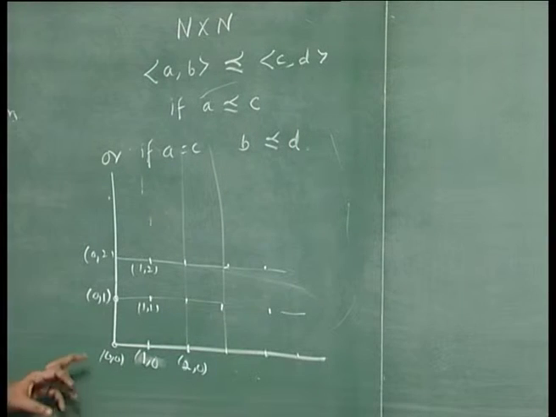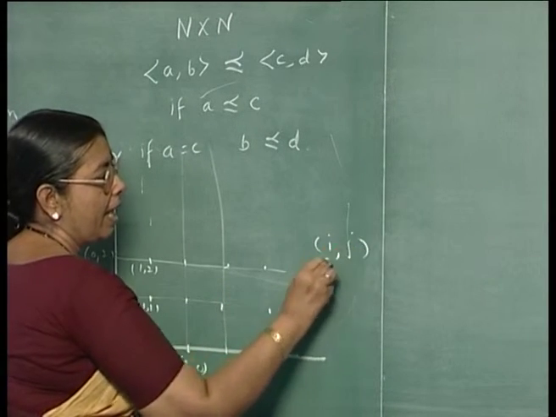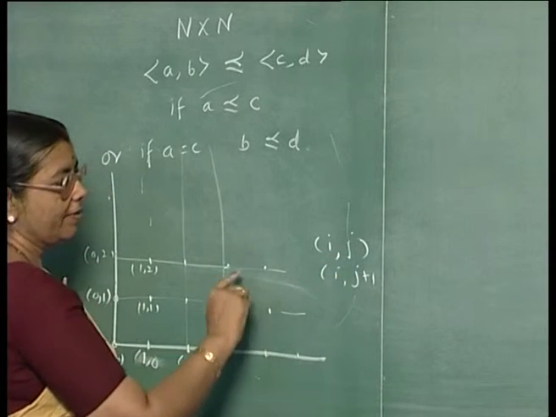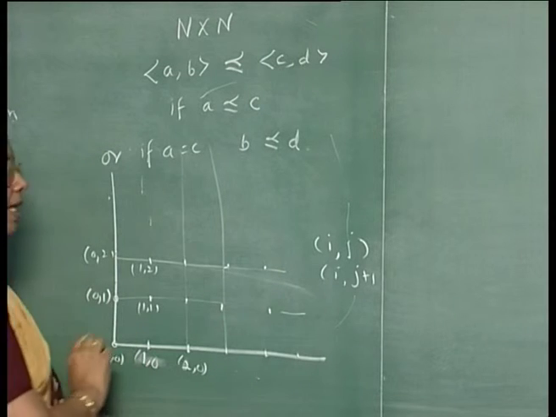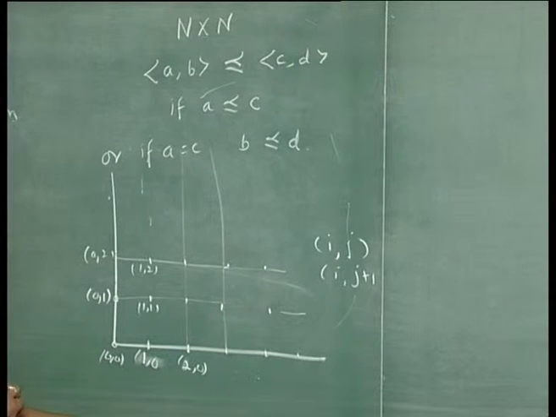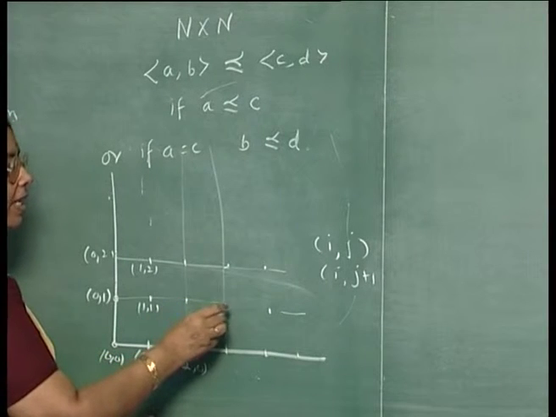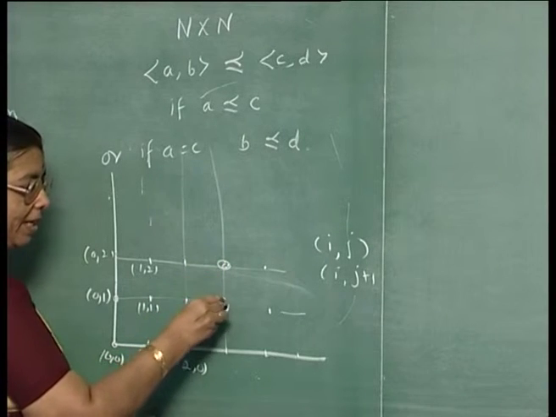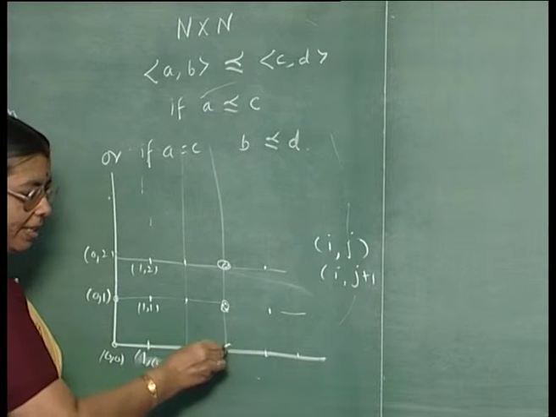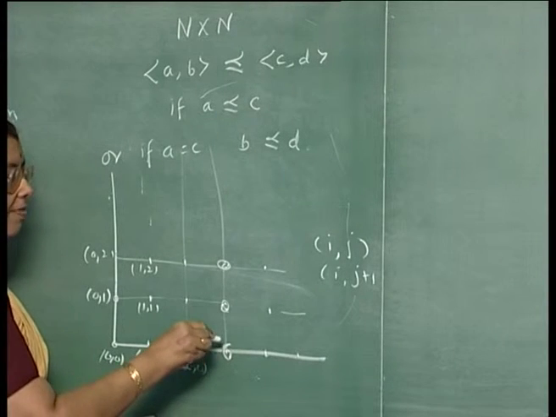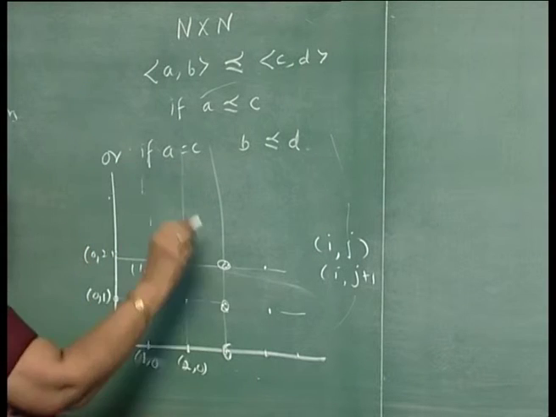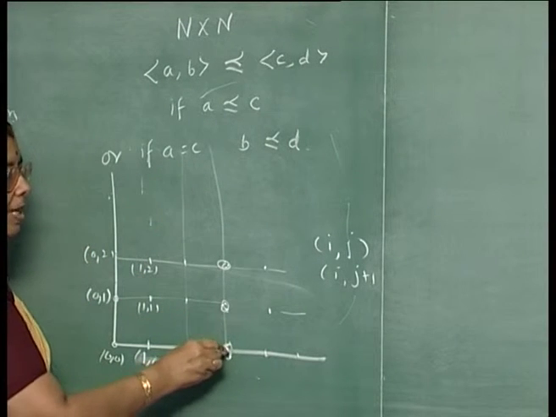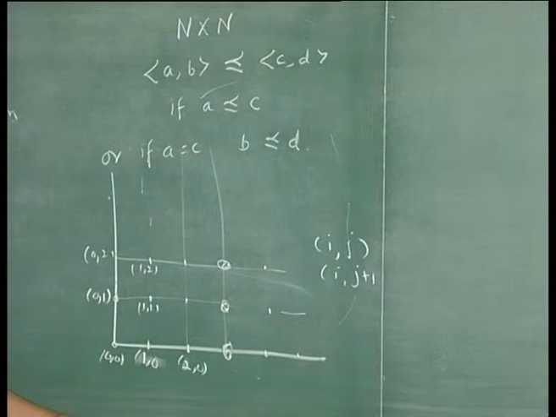Why? All these elements have successors. If you have (i, j), then (i, j+1) will be the successor of that. But there are so many elements which do not have a proper predecessor. When you take any element, you can say what the successor is. If you take this element, the predecessor of that will be this. But the predecessor of this element you cannot specify, because this goes up to infinity. So you cannot compare this with the set of natural numbers.